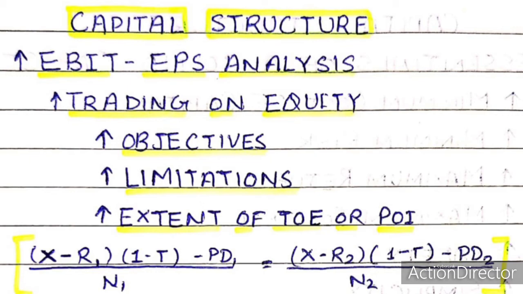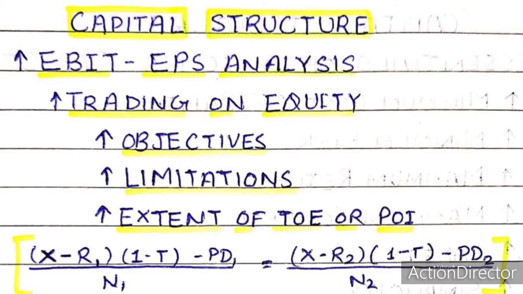Now let's understand up to what extent a corporation or company can trade on equity, or what is the point of indifference. The policy of trading on equity is beneficial only when the rate of return is higher than the rate of interest on that capital. In case of loss, it proves a curse.